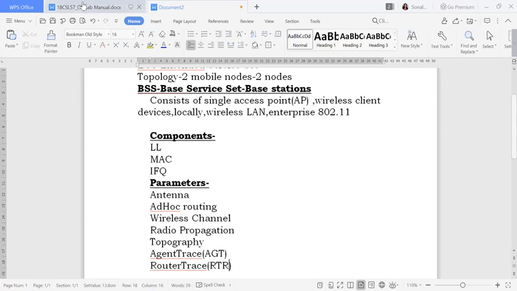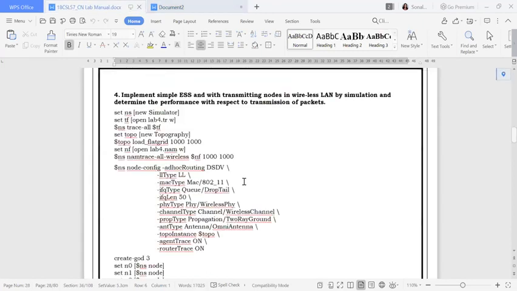Now let's go back to the program. We'll see how the program has been built up. See here in the first line, set ns new simulator. This is the instance for your simulator. Then we have already discussed TF. TF is nothing but the trace file. This is my program name in write mode. Then trace all the contents from your TF and keep them inside your NS. So you are going to connect it.